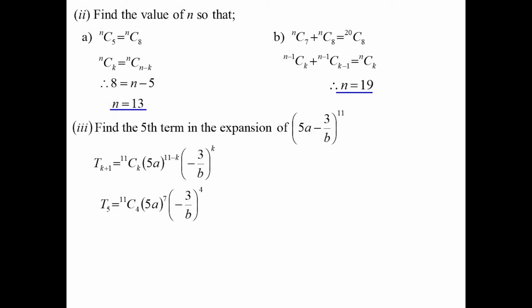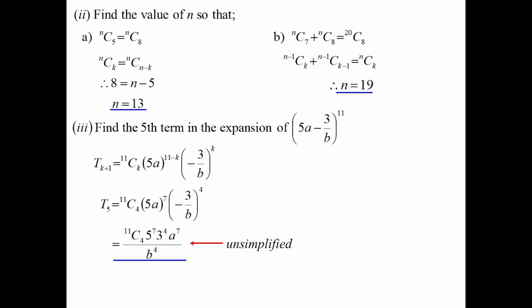So if I sub 4 in, I get term 5: 11c4, 5a to the power of 11 minus 4 is 7, minus 3 on b to the power of 4. Well, that answer there is obviously unsimplified. I haven't worked out the 11c4. In fact, that number, 11c4, 5 to the power of 7, 3 to the power of 4, would be quite